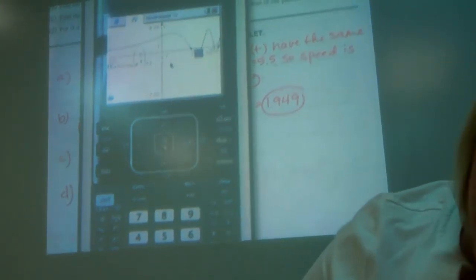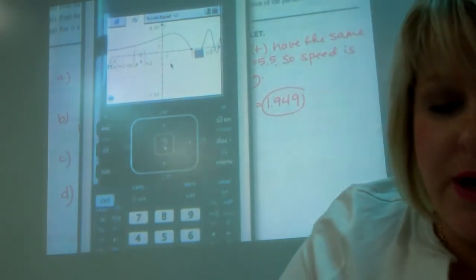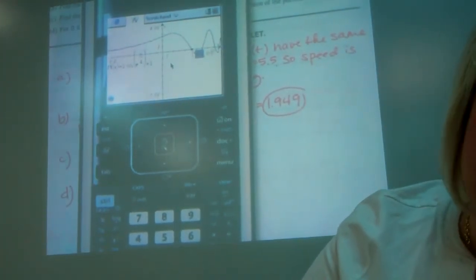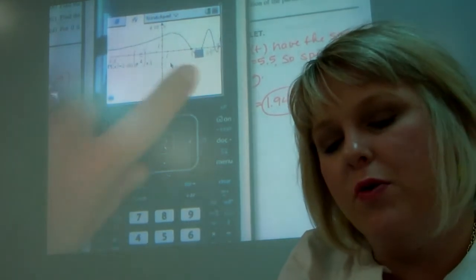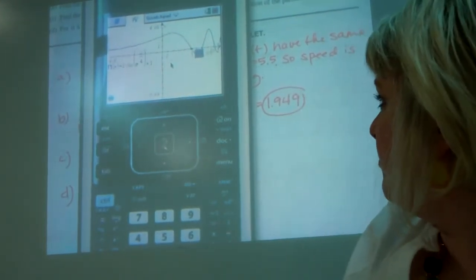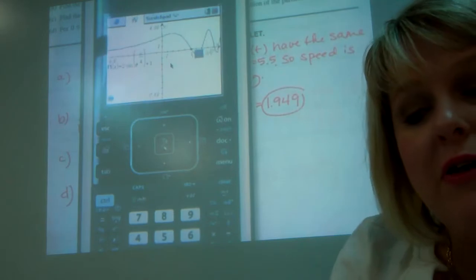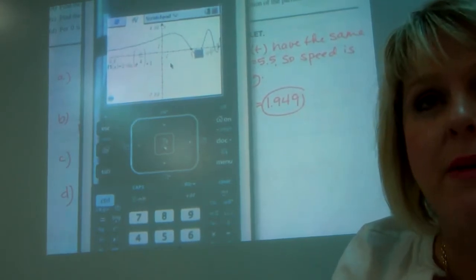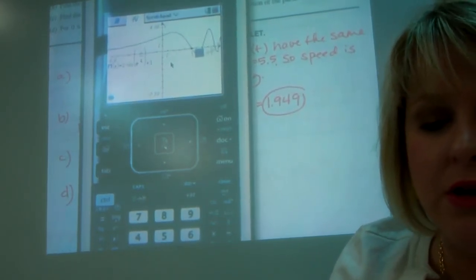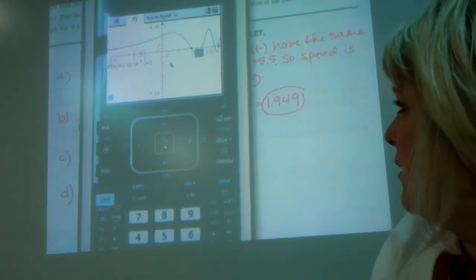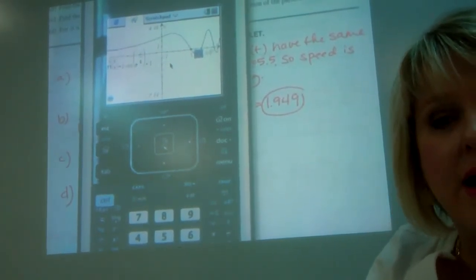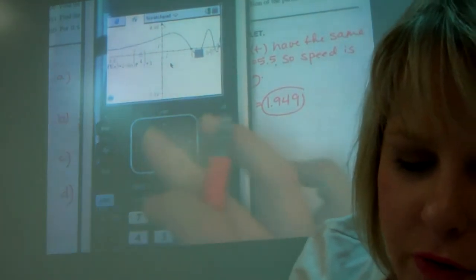Now, it's probably actually 5.2 and some more decimal places. So I'm going to store that value, because I don't want to use the rounded value to answer the next part of the question, because it's going to make my answer be off. I'll get what's called a rounding error, a compounded rounding error, if you use a rounded answer to find another answer. So if you go over to that little,